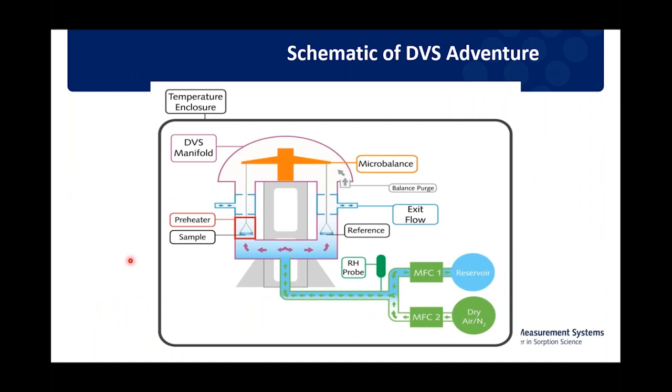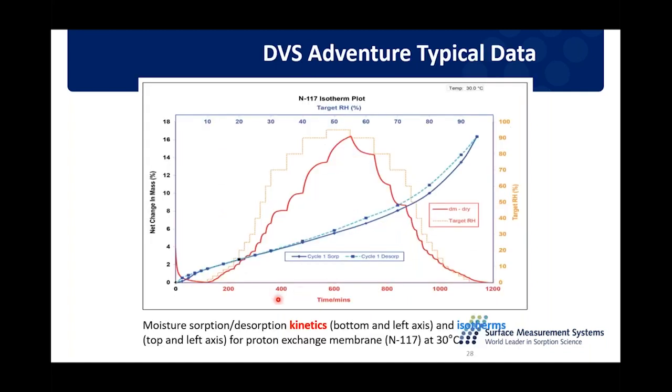So moving very quickly, and to wrap up my presentation, I wanted to give some examples related to DVS as well. Those of you familiar with DVS know what it does. It measures the weight change as a function of relative humidity, essentially. And this is what Tiantian did a very nice job of showing, how that can be coupled with things like in-situ Raman to look at both weight gain and weight loss along with structural changes.